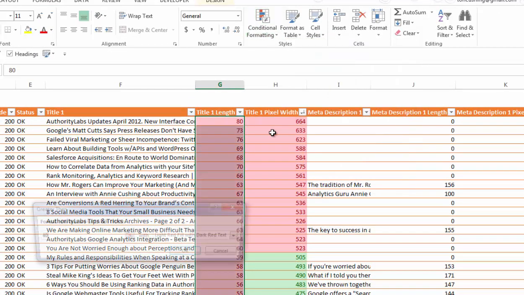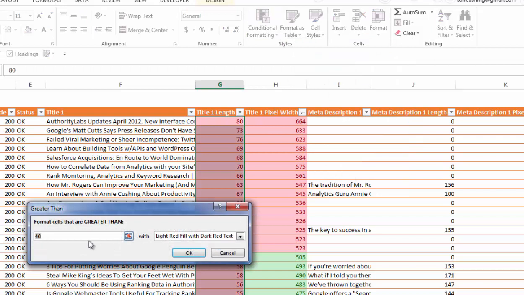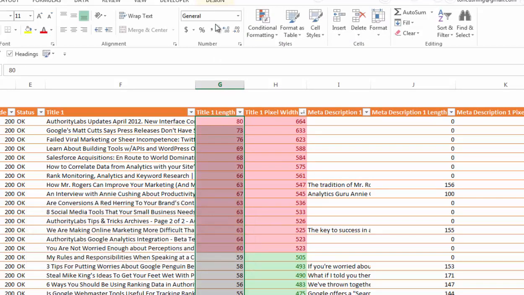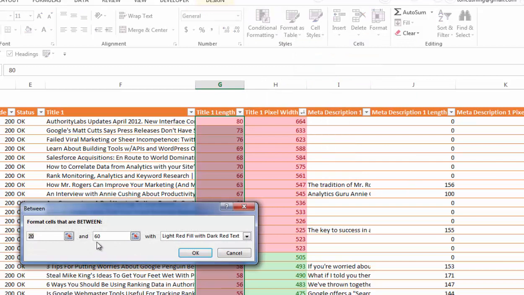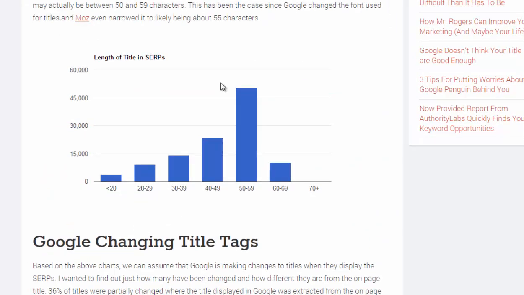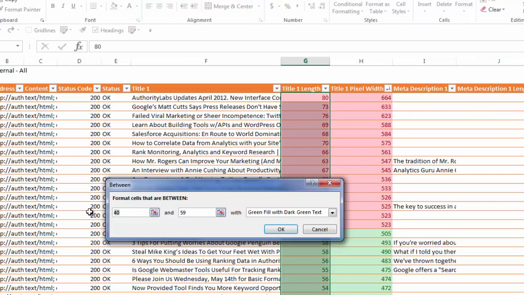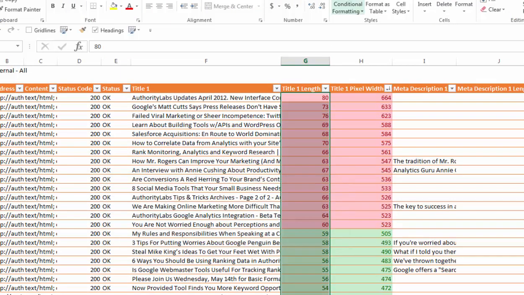If it's greater than 59 characters, let's make it red. If it's in between, I don't know, 40 and 59, then it's good to go. And I chose 40 because actually in Brian's blog post, we could see that 49 is an okay title area. We really want to shoot for 50. So I can actually go ahead and make the conditional formatting between 50 and 59 super green, and then I can make the